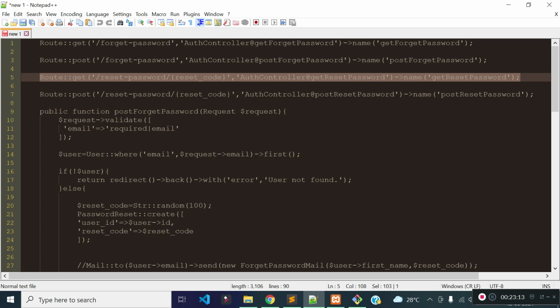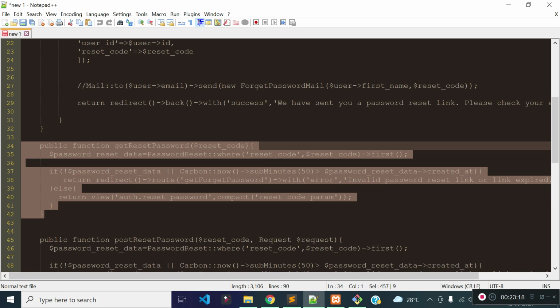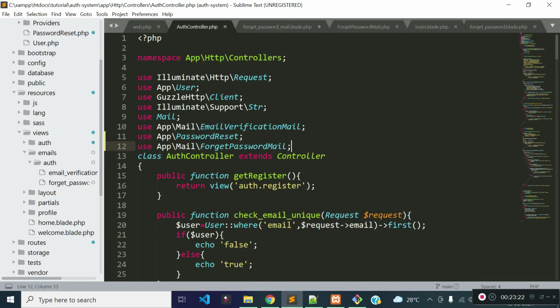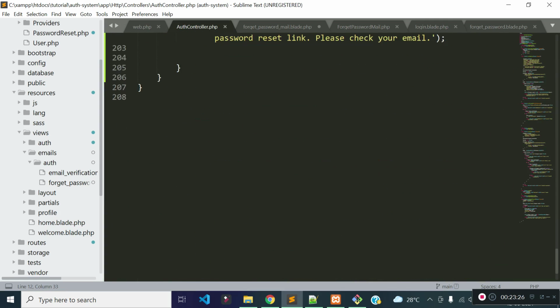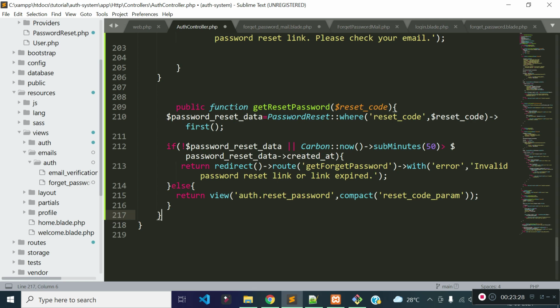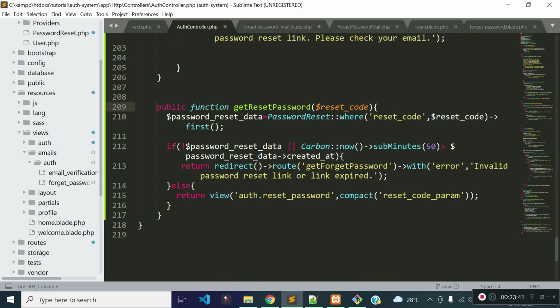I already prepared some code so that this video does not take much time. So let's register the get reset password method inside the auth controller. As our route is like this, I mean reset-password, and this is a parameter, so we need to take reset code as a parameter inside this method also.